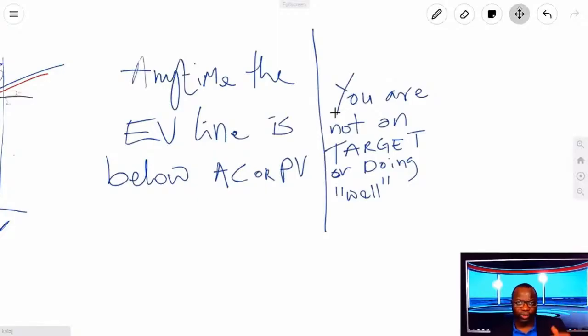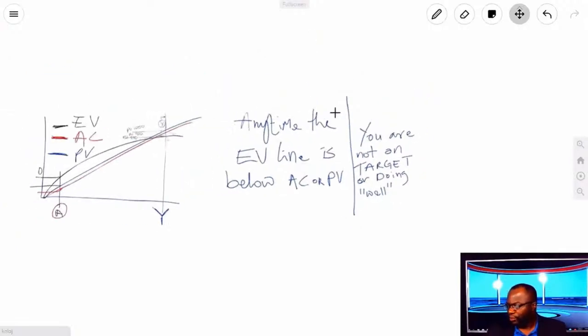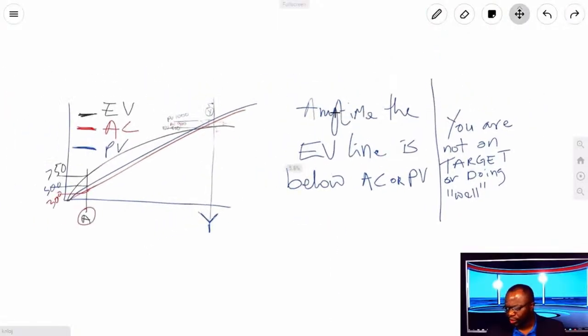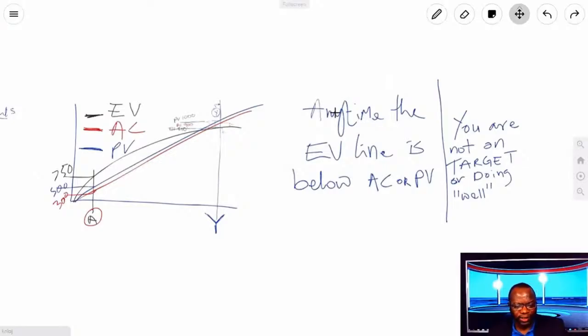Under budget is when you're on top of the line, the AC line, and all of that. So I'm hoping for those of you who have been struggling with this area, I am hoping that this makes a little bit of sense to you. And I kind of went into a bit more detail because I saw some folks were struggling with the answer, okay? So someone said over budget, over schedule, over budget, behind schedule.